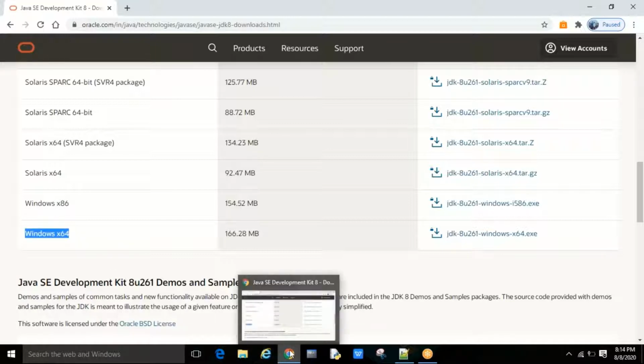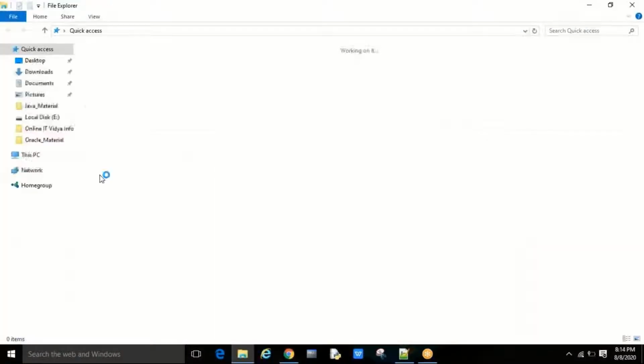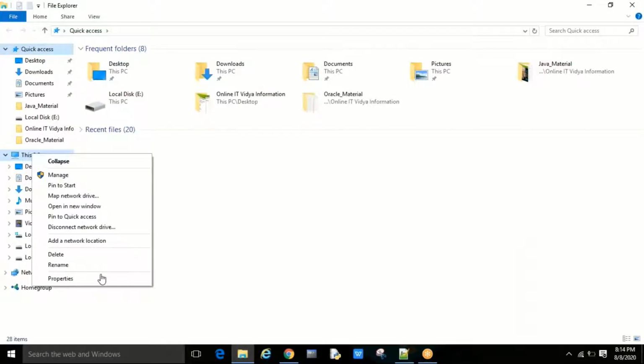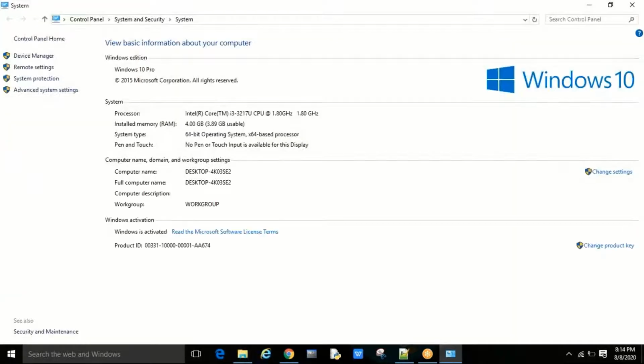Simply, you can open this folder, maybe This PC there. Right click on This PC, Properties. Which bit do I have? See, system type here, there is 64-bit.